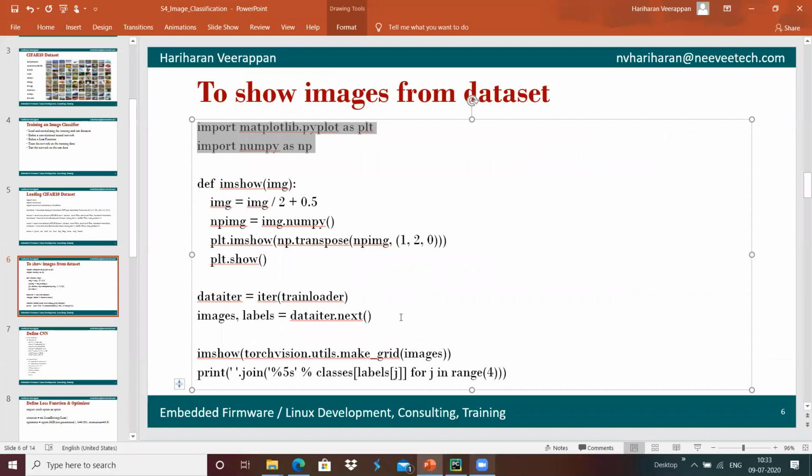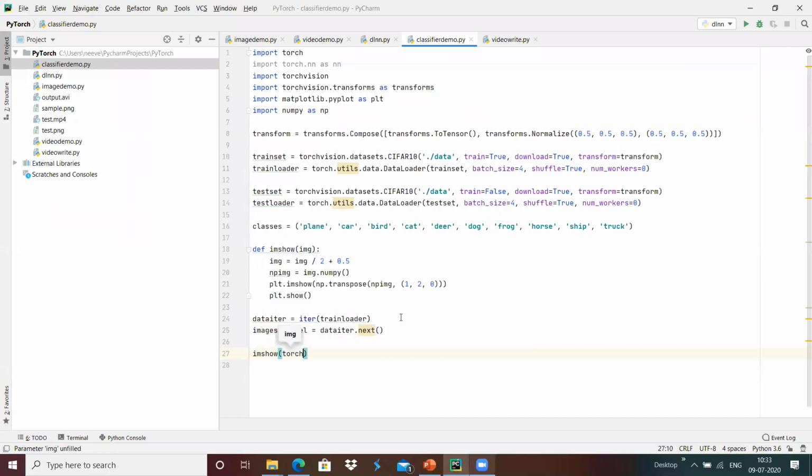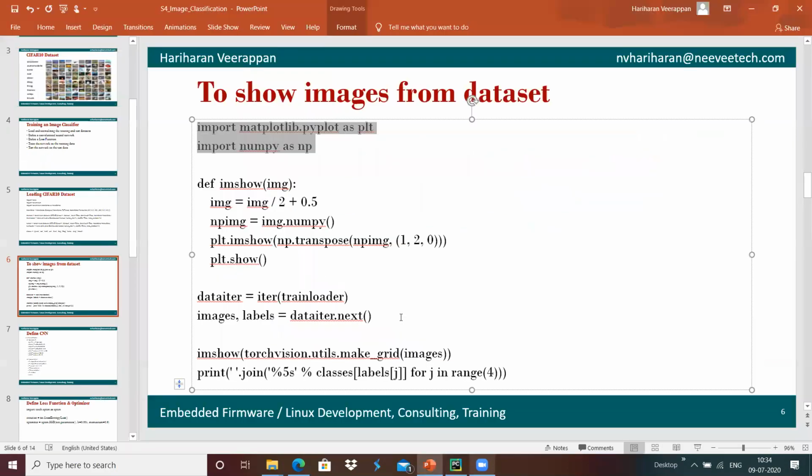The grid of images is something we are going to do with torchvision dot utils dot make_grid, and our images is the tensor that we pass over here.